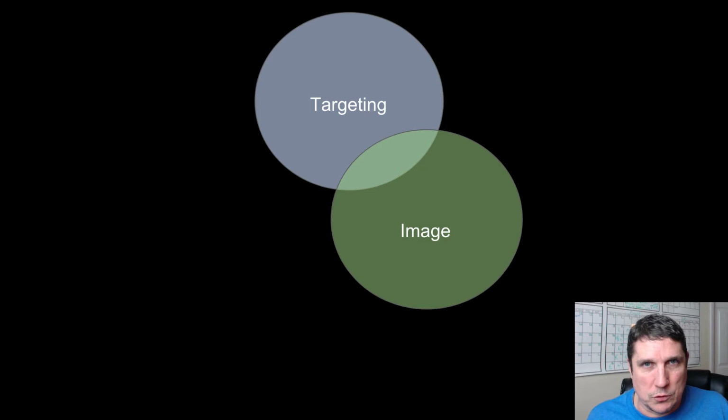Image is crucial. Now, by the way, what I'm talking to you about right here doesn't apply just to Facebook ads. I'm talking about YouTube ads. I'm talking about Google Display. I'm talking about Twitter, LinkedIn, whatever. This applies to all those. You have to have a compelling image. If you don't have a compelling image, then people are just going to scroll on by. I mean, that's what's going to happen. They're not going to notice it. It's not going to stand out from anything else that's on the page.